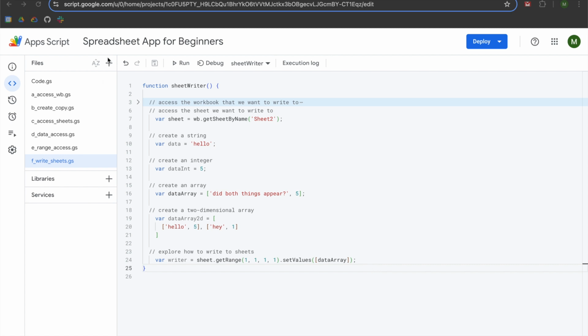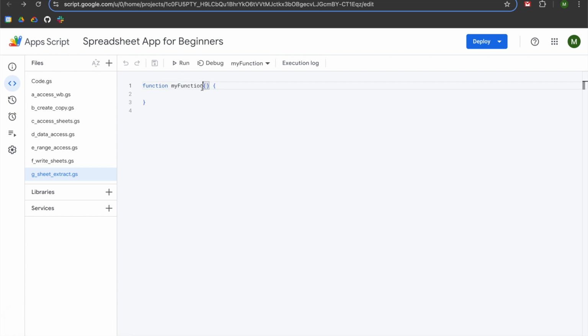We'll be resuming by navigating to the Files module, and we are going to be creating a new script file. We're going to be focusing on how to extract data from one sheet and how to write that data to another sheet in the same workbook. We're going to be titling this sheet extract. Great. So we're going to change the name of the function to sheet extract, and we will save